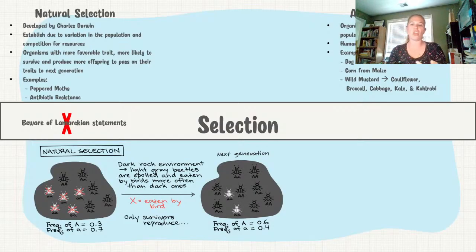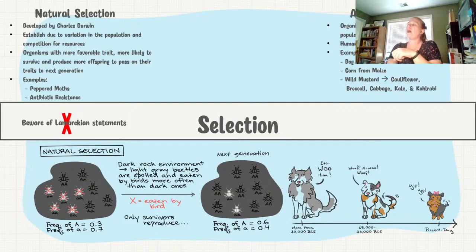So for example, we have dog breeds that are bred for certain traits. Corn, or maize: originally maize used to look completely different, and now it's been changed so that it's kind of the more kernel shape that we have now. Wild mustard, we took different components of the wild mustard, and then we made different parts. So like the leaf became the kale, cauliflower was, I believe, the apical buds. I can't remember all the components, but we took certain parts and then made them into the parts that